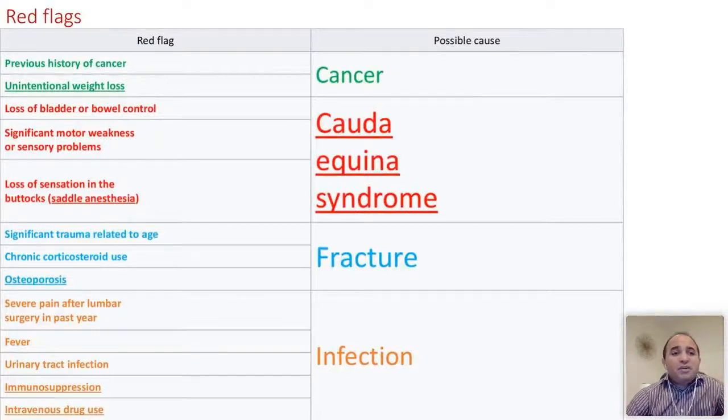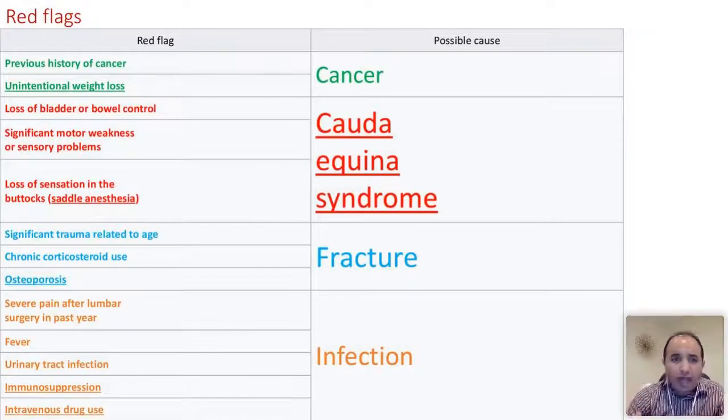الريد flags which is very important when I have to see the doctor. As we said, back pain will subside soon within a time. It takes 4 to 6 weeks to subside. وجع الظهر أيا كان حتى لو شديد هيختفي ويتحسن خلال 4 ل 6 أسابيع. امتى أروح للدكتور وامتى أروح للطوارئ؟ أروح للطوارئ لو عندي علامات اسمها الريد فلاجز، والريد فلاجز دي لازم نحفظها كويس